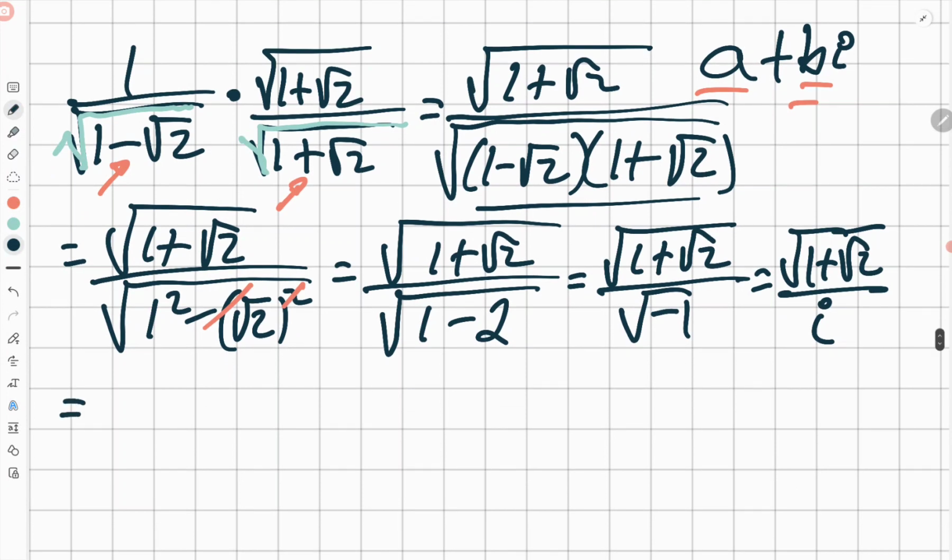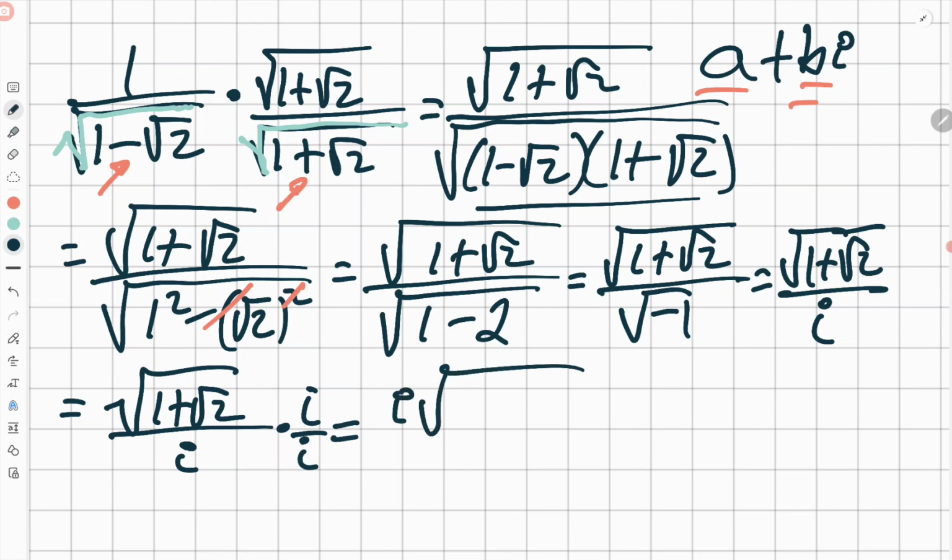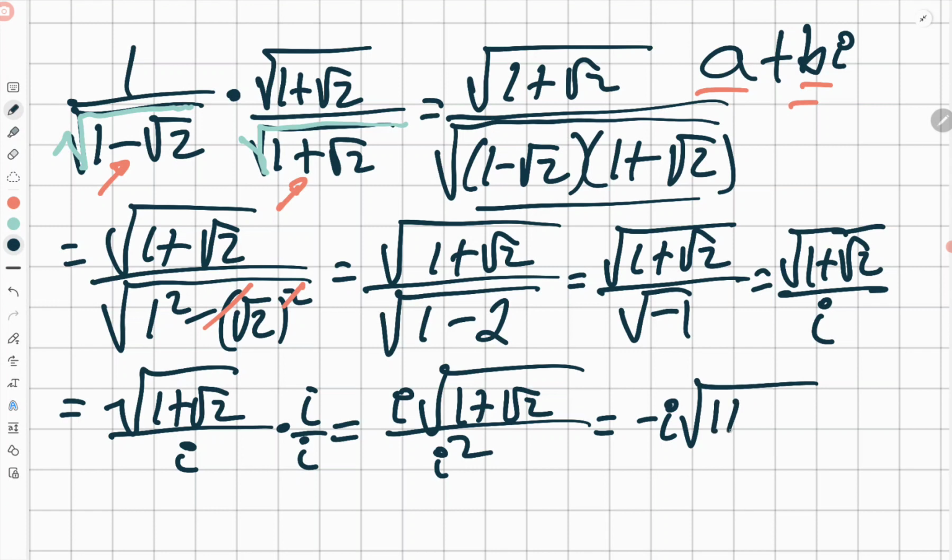So I'll continue here. I'll multiply by i over i because that's 1. So I will have the root of 1 plus the root of 2 over i times i over i. You can multiply by negative i over negative i. Makes no difference. Alright, so we'll have here i, and then the root of 1 plus the root of 2. On the bottom I have i squared. So we end up, because this is negative 1 in the bottom, with negative i quantity root 1 plus root